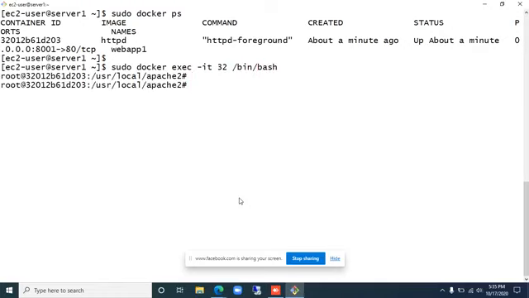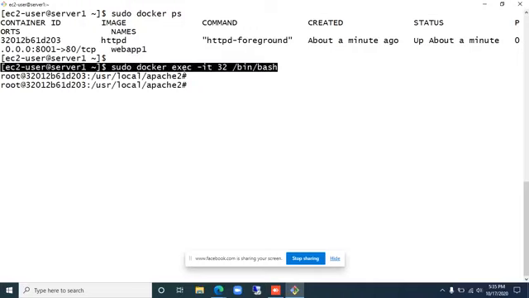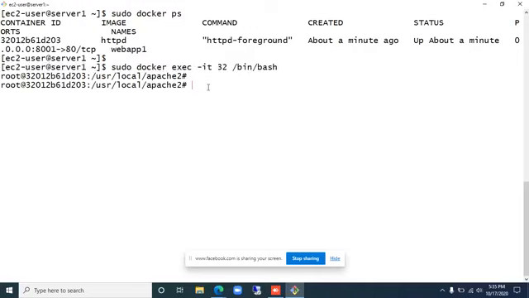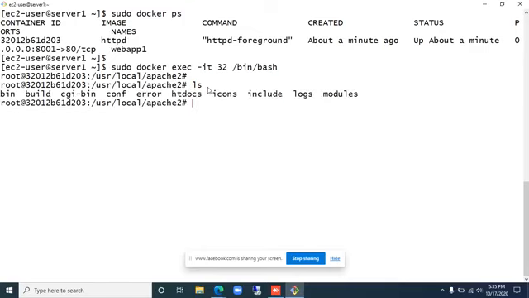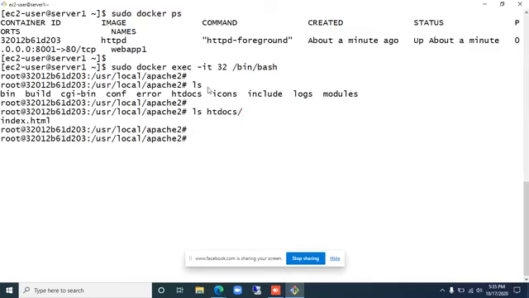So now I'm inside the container. This docker exec command will allow you to log in to the container. And I know that the code will be inside a folder called htdocs with the name index.html.